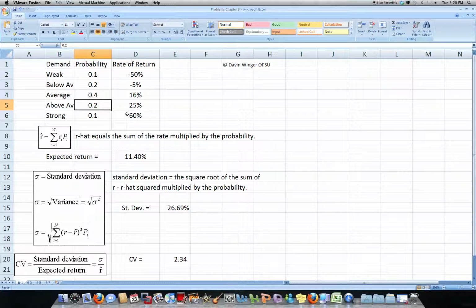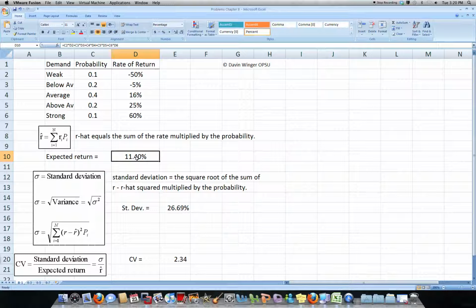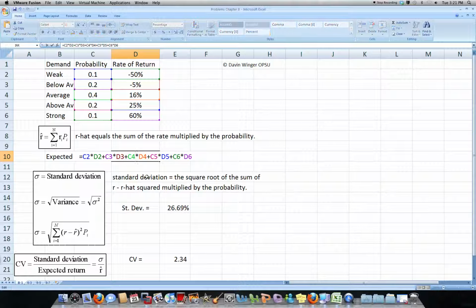Calculate the stock's expected return, standard deviation, and coefficient of variation. The way we calculate the expected return, or R hat, equals the sum of the rate multiplied by the probability. So that's what this means: sum of rate times probability. I've already done it here for you, and you can see the formula, it's the sum of the rate